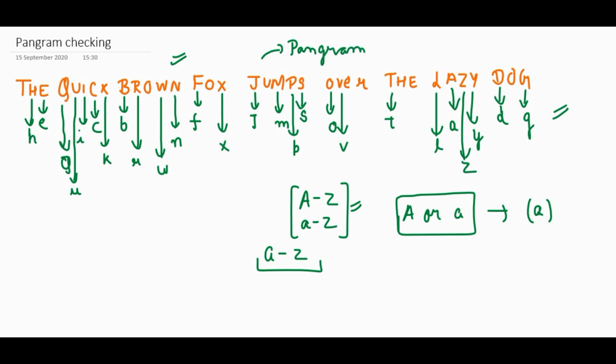You can have repeated characters, but you should have all the characters from A to Z to make it a pangram, right? If I remove this "lazy" from here, the sentence will not contain L and Z. Okay, so we have an extra A and extra Y already in this sentence, but we don't have L and Z. So this will not be a pangram because it will not contain L or Z. Now I think you have got the question. Now let's see how we can approach this.